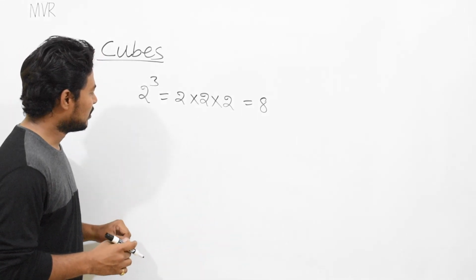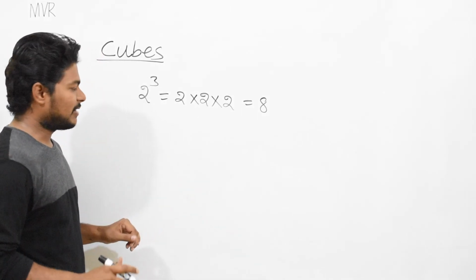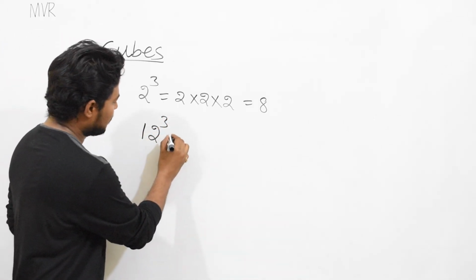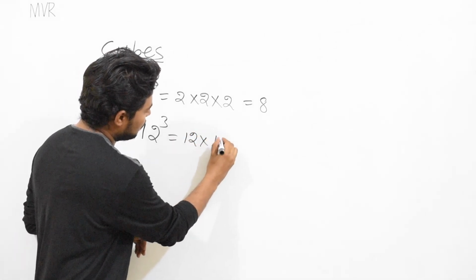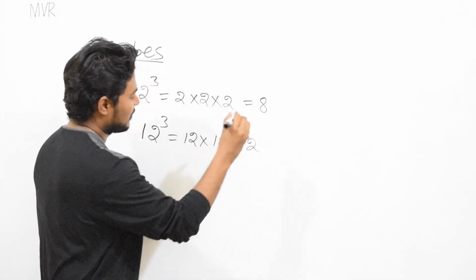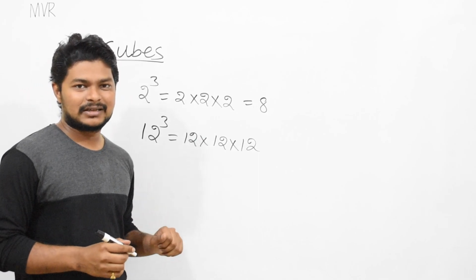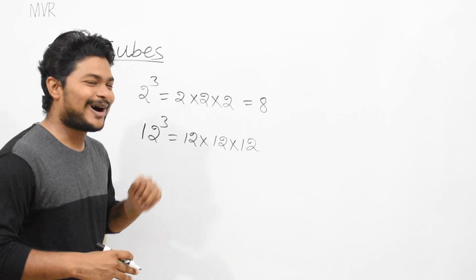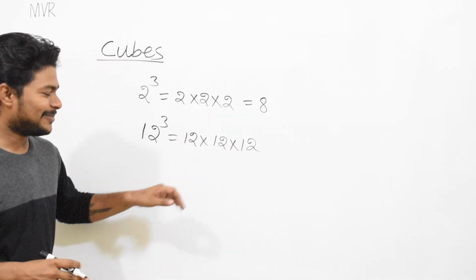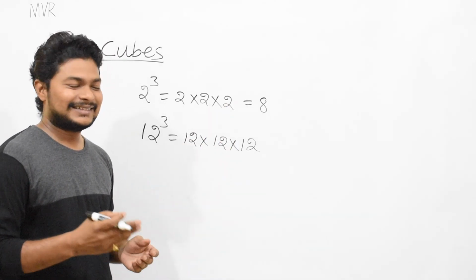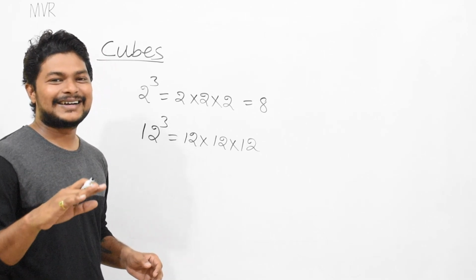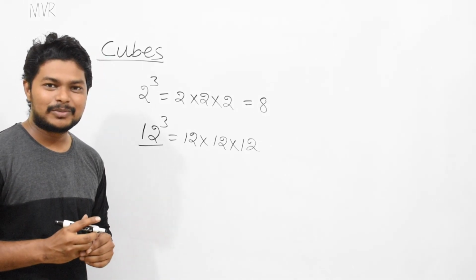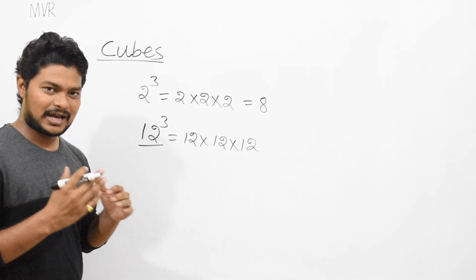Now we will take a 2-digit number directly. For example, 12 cube. 12 cube will be equal to 12 into 12 into 12. How much time do you take for solving this? Sir, it will take 5 minutes. Some people will say, sir, it will take half day, please leave me half day, I will complete this and give you after afternoon. No, that is all old answers. The new answer is, sir, teach me 12 cube in the simplest way possible. Okay, I am teaching you.